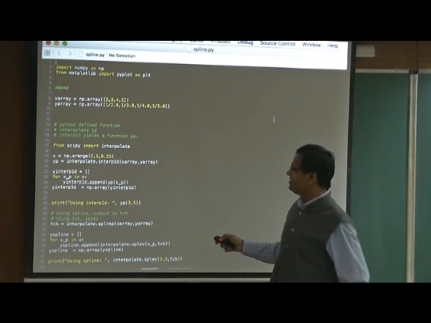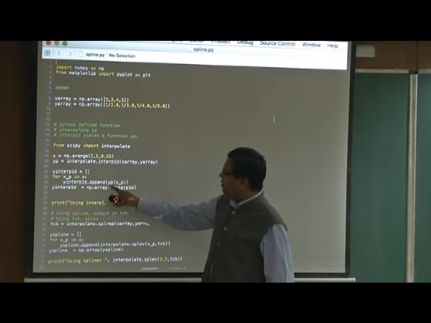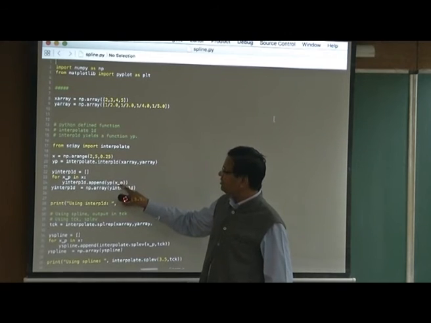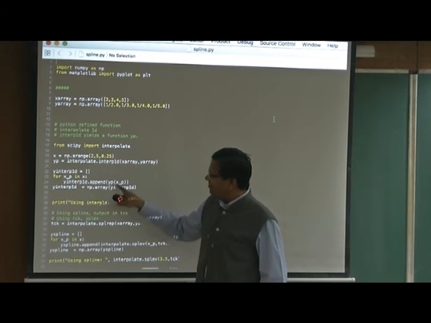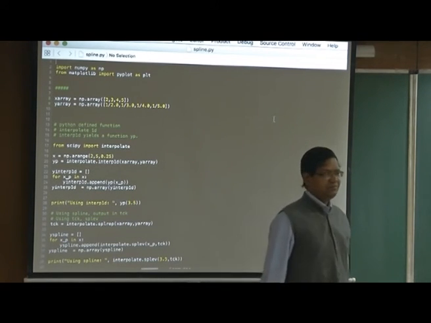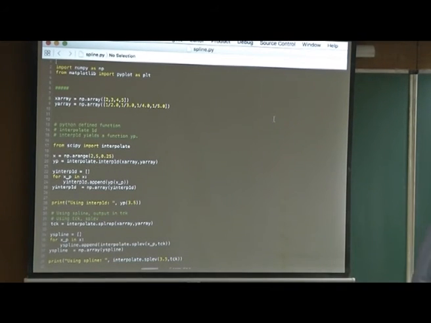Now yp will act like a function, and xp is an argument. So this will give you a value, which is appended to interpolate 1D. My final answer, interpolate 1D, is an array, which are values of the function at x equal to this array. So I need to plot x versus y interpolate 1D.